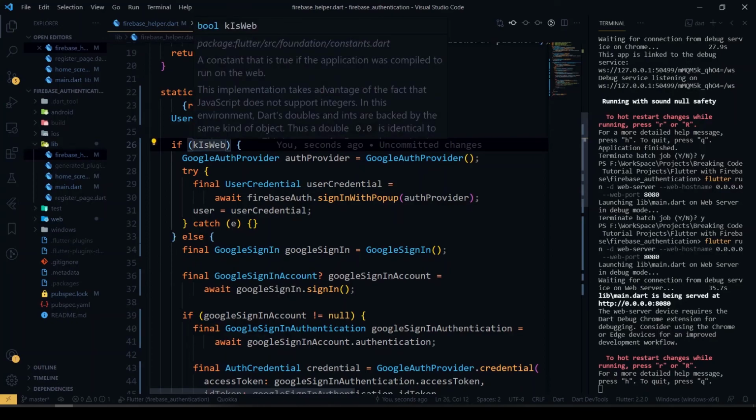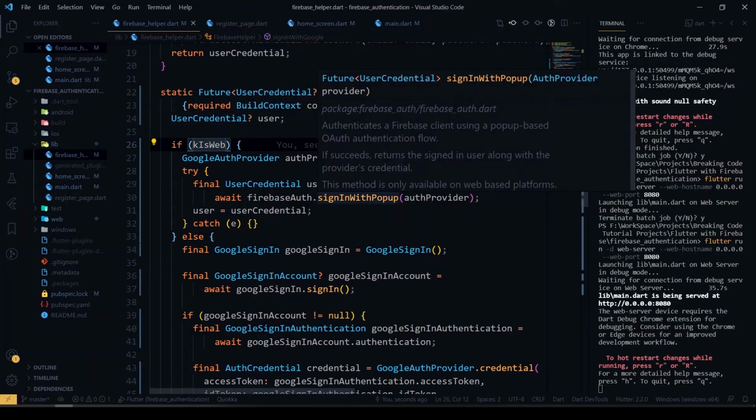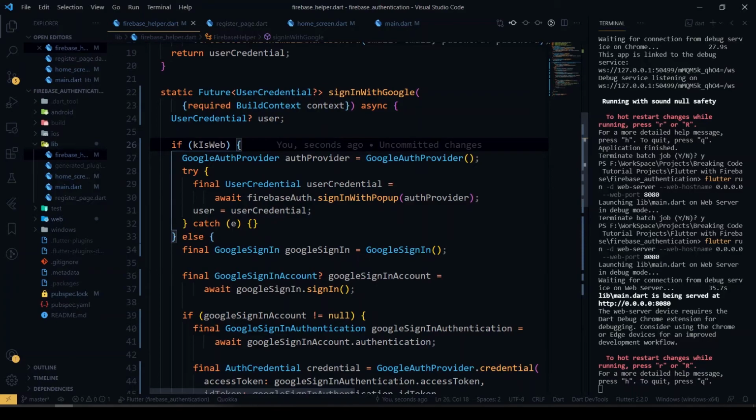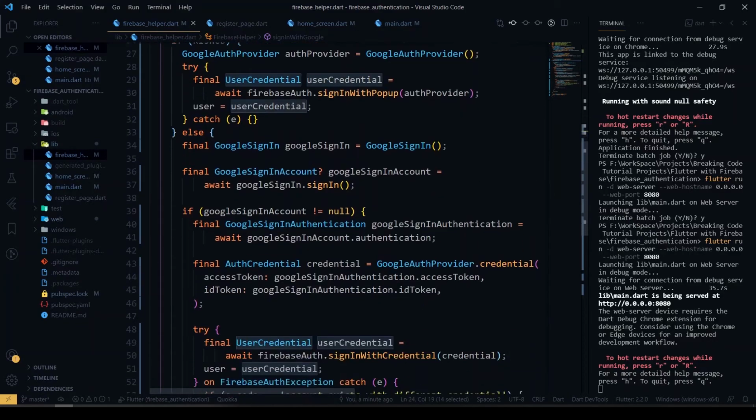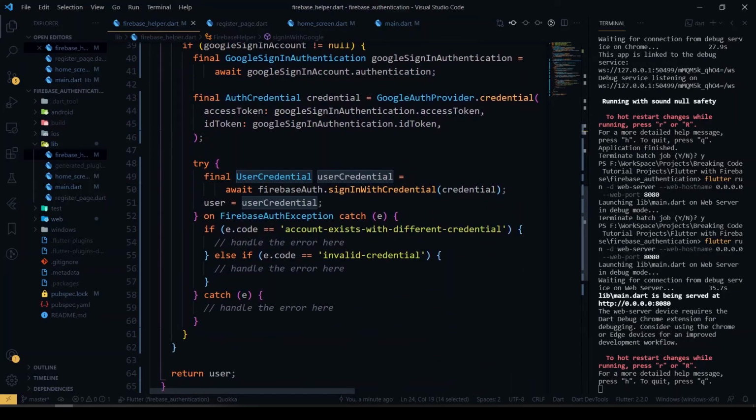If it's web, use the auth provider from Google sign in. Using the auth provider, you can directly use a Firebase auth instance with sign in with pop-up. You pass the auth provider here, and you will get a user credential. You assign the user credential here, and we are returning the user.